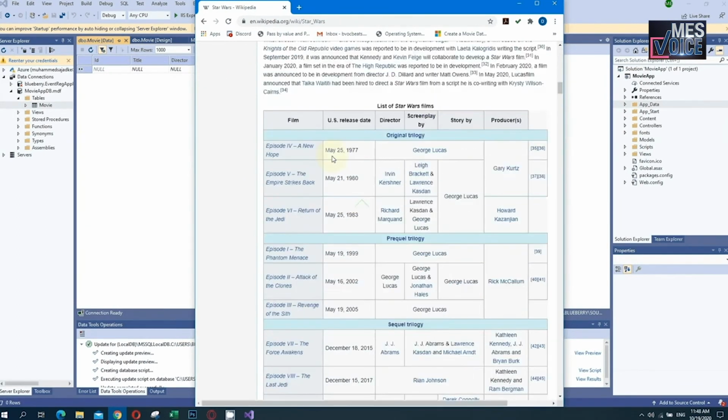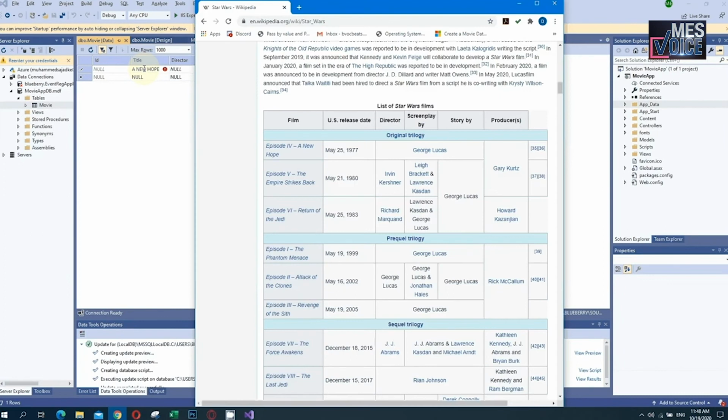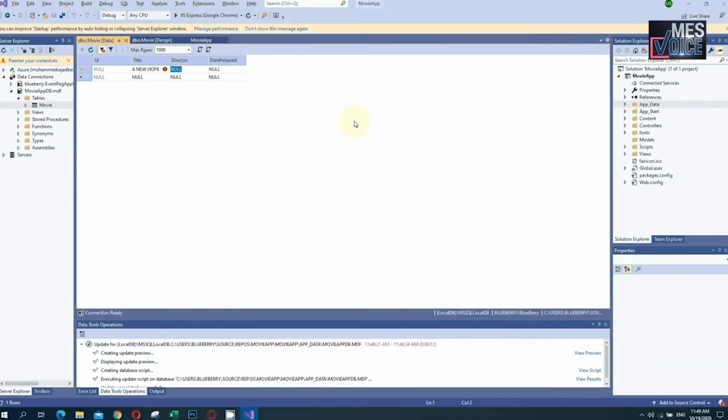This is the dates. So A New Hope. Director names: George Lucas, right? George Lucas.